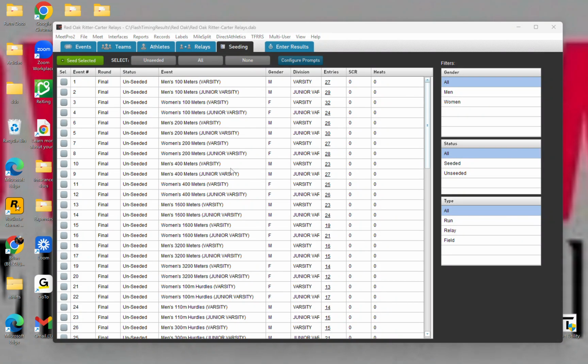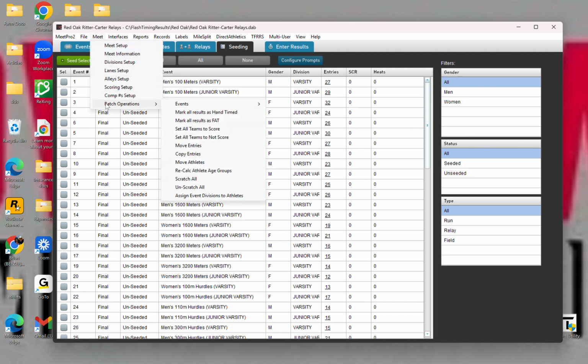Okay, now that we've got our entries pulled in and our scoring set up, we need to do seating and sessions. So we need to click on seating, and this will allow us to put everybody in the heats that we want them in. But in order to do that, first thing we need to do is some batch operations. So we need to go to